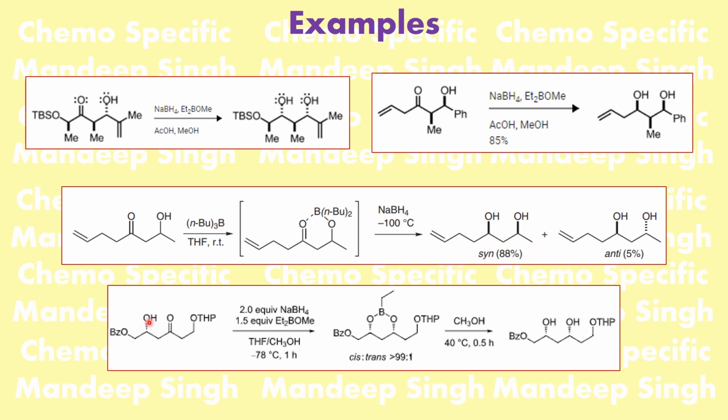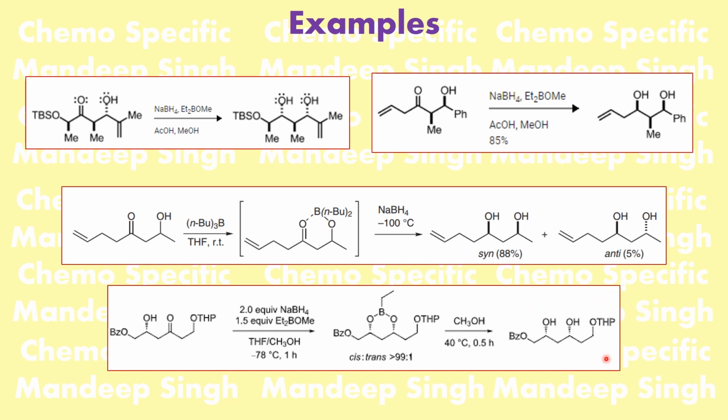Now let's look at this particular example. What we have is a 1,3 diol. You can clearly see that you have other protecting groups, like say O-benzyl or THP. So under these conditions, these protecting groups are tolerated. It means they do not undergo any cleavage. So in the presence of this chelating agent, it chelates and undergoes reduction. Since this is going behind the plane, the new hydroxy that is formed is also going behind the plane. And then you simply add methanol. So under this condition also, this is getting hydrolyzed to give you the diol.